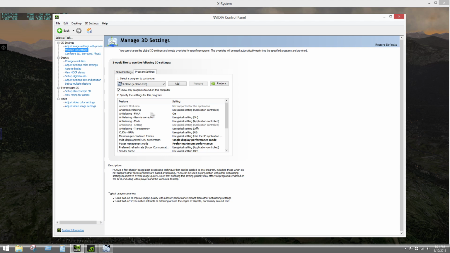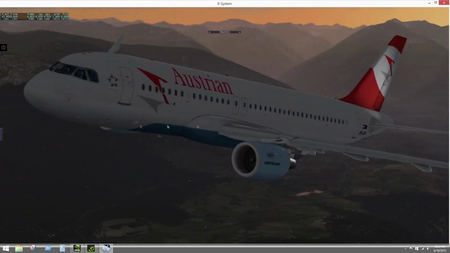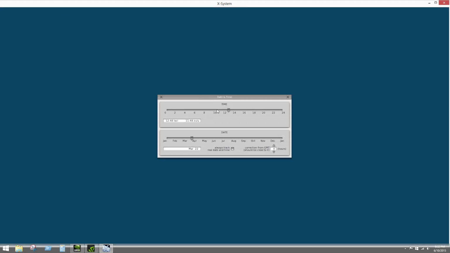Now, the first thing that you will notice, other than the default, is the Antialiasing FXAA. I have this turned on, and I've seen a lot of tutorials where this is off, and in the original profile, it is off. But what I notice is that when you turn it on, you get rid of the jagged lines on the aircraft. So if you zoom in, if you go here and you look at this particular